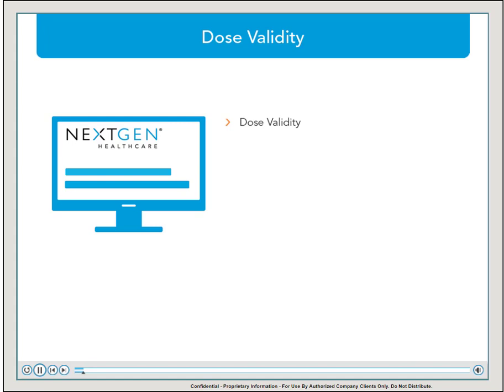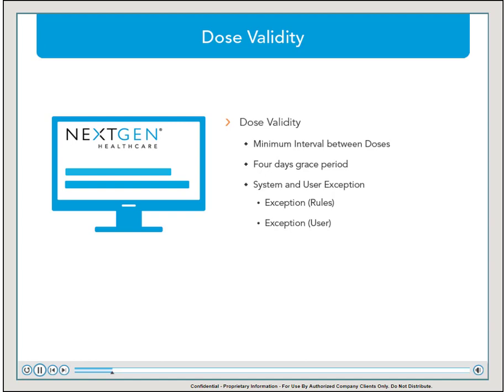The immunization rules engine has been updated to include the logic for the minimum interval between doses recommended by the CDC. A 4 days grace period from the minimum age interval has been used when determining the dose validity. Vaccines administered prior to this minimal interval between doses will be flagged as exception rules based on the rules engine